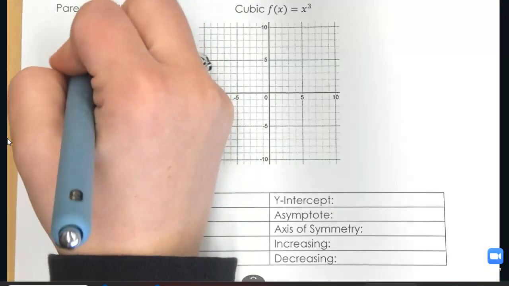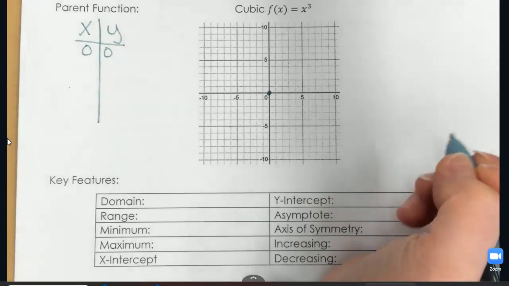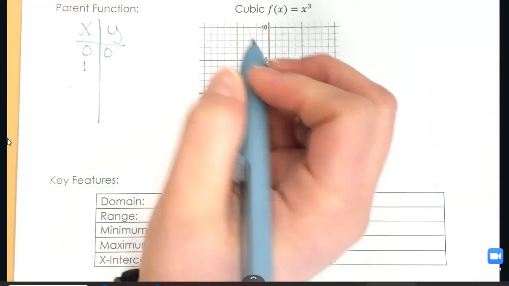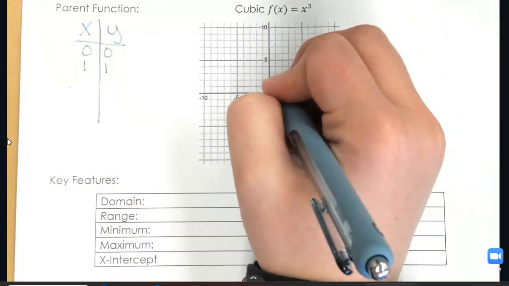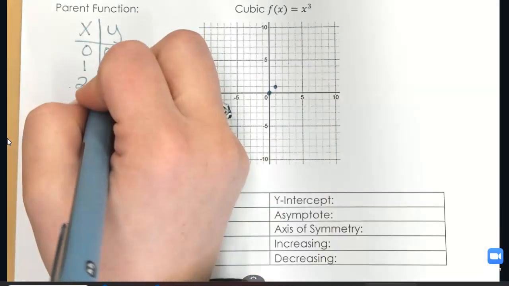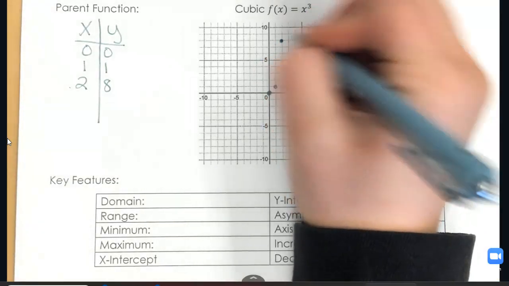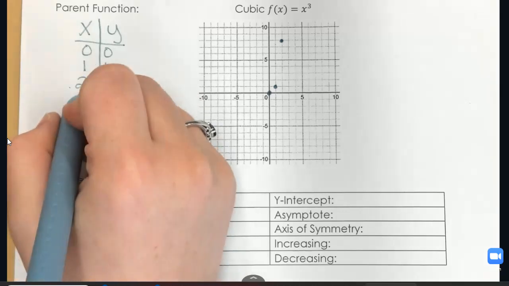I'm going to start with 0. 0 to the third power is 0, so I know I have a point (0, 0). I can do 1. 1 to the third power is also 1, so I have (1, 1). Now with 2, 2 to the third power is 8. And that is going to max out the perfect cubes that I can fit there, but I can go negative,